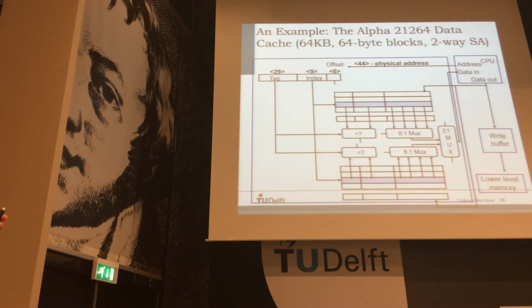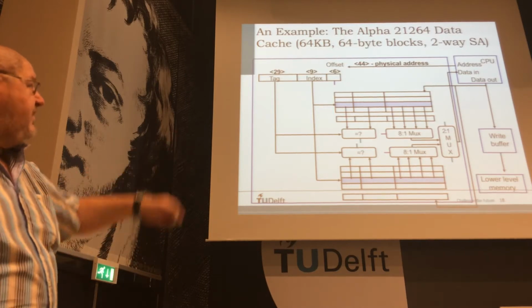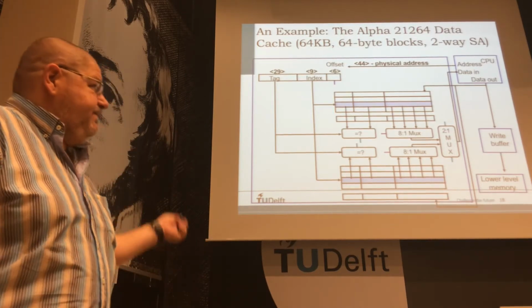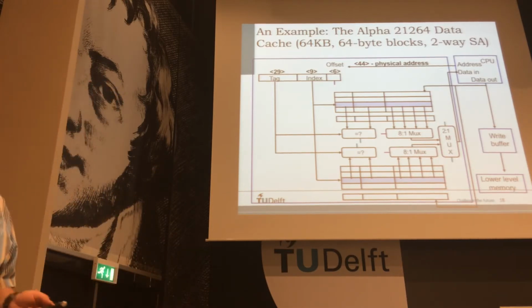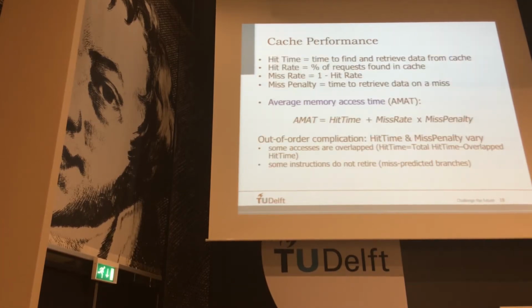You see, this is a design of a cache. It's a two-way associative cache. This is from an Alpha processor with the write buffer. It's just a beautiful picture, but there is not too much that I can tell you about that picture. But you should like it, right? Some muxes, some comparators. Okay, now we understand how the cache is working, hopefully.